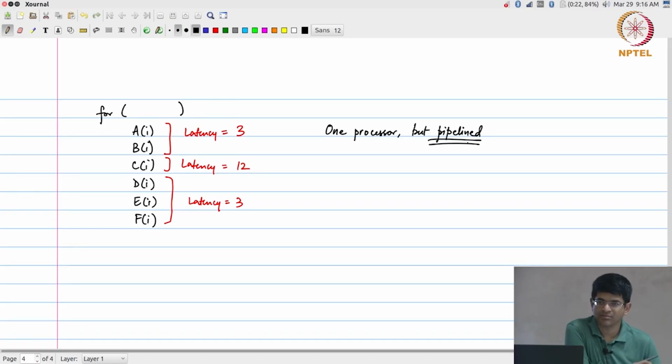Okay. So, what does it mean to say that the processor is pipelined? It basically means that on every cycle it can initiate a new operation. Okay. So, in principle, even though A takes a latency of 3 cycles, on the very next cycle after starting A, I could start another operation. Okay. So, we already looked at this yesterday and saw that one way of handling it would be, I mean, the normal default would have been